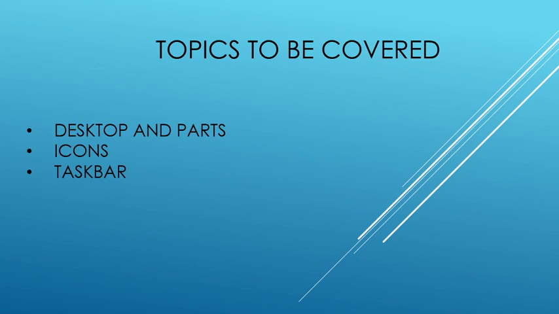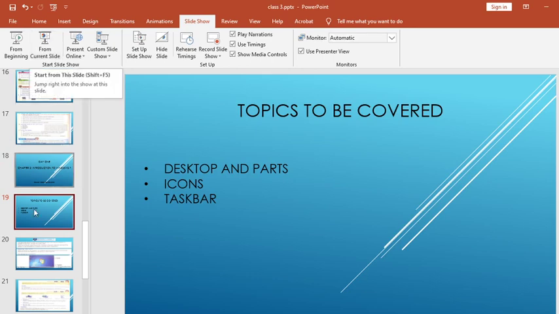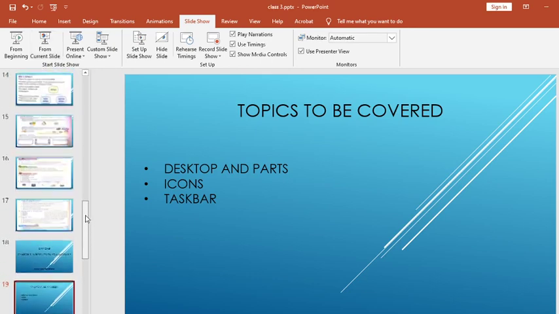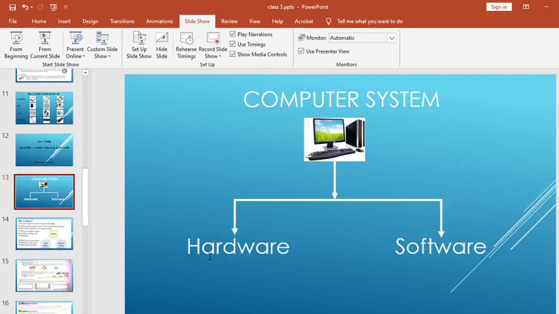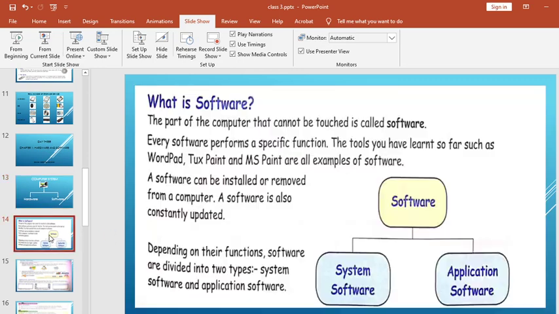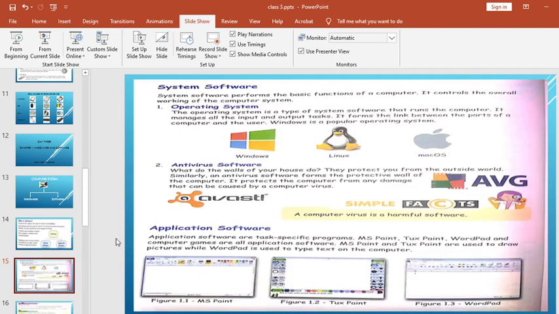Now students, if you have gone through my previous lecture videos, I have talked about that a computer system is made up of two things. First one, the hardware part, and the second one is the software part. Then we studied what is software and how many types of software there were, system software and application software. Now, operating system is an example of system software that I have already told you in your first chapter.